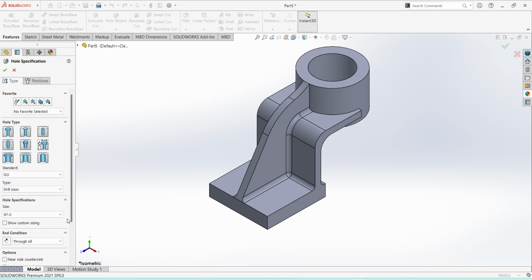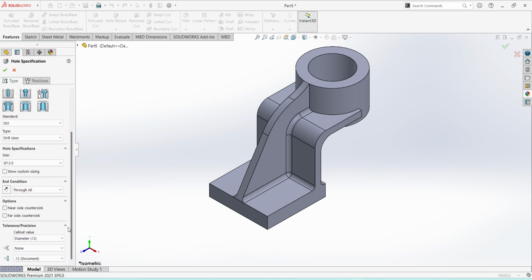Drill sizes, select diameter, here through all, OK.